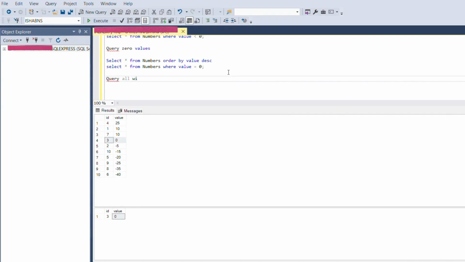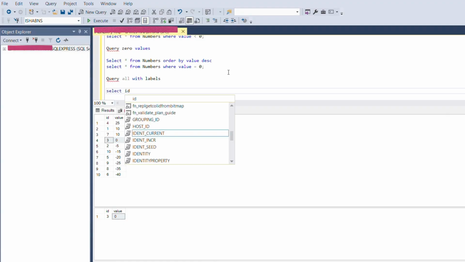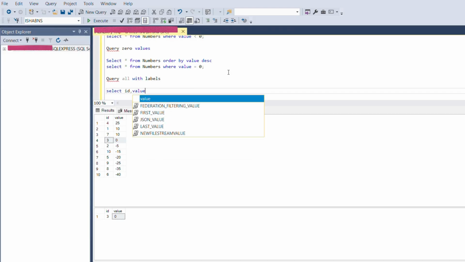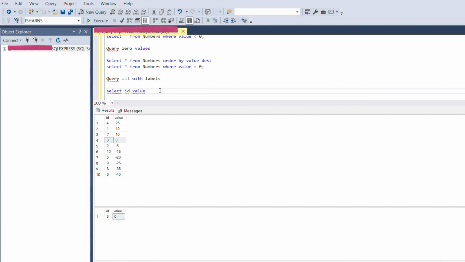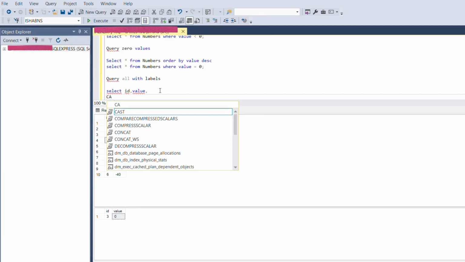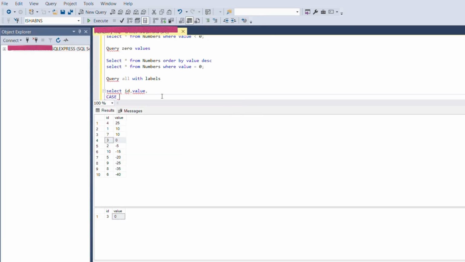So now we have the positive, negative and 0 values. Next, let's say I want the positive, negative and 0 numbers all in one query, I just want to know whether each is positive or negative. So I'll make use of one more column in which I will have the value type. For example, the first row is 25 for the value column. Whether it is positive or negative, it is positive, right?